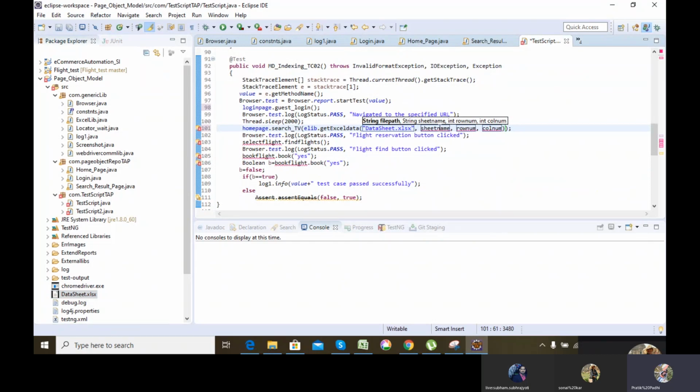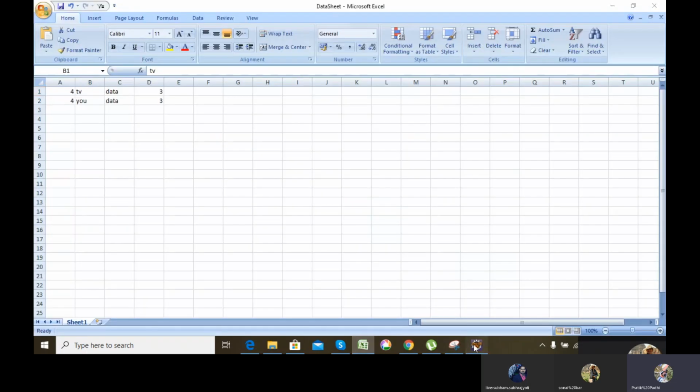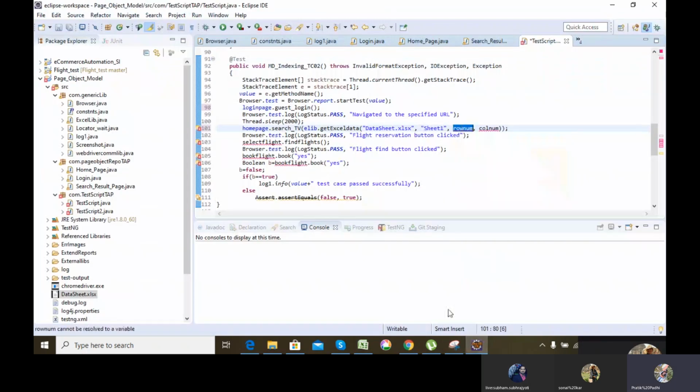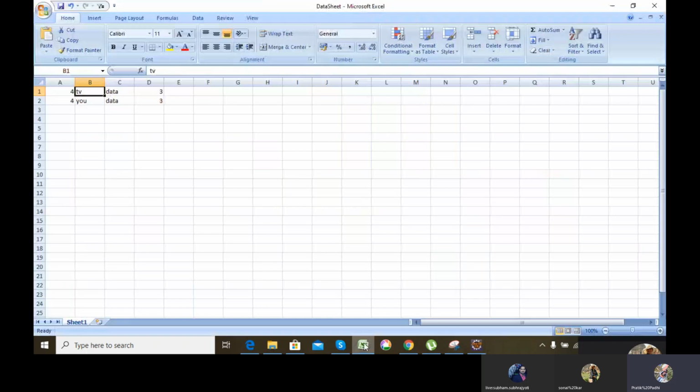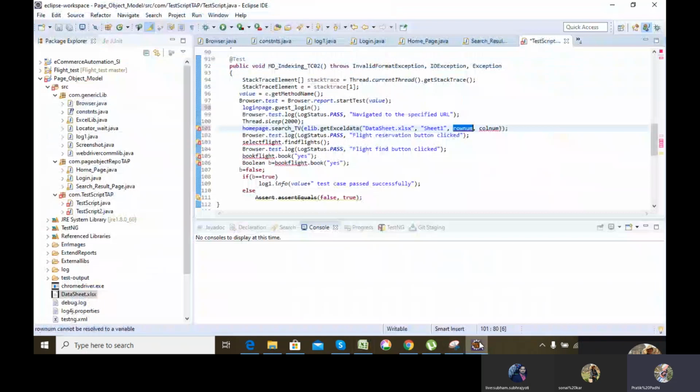Okay, sheet name keyword, Sheet 1, then the row number you give as 0, and column number 1, 0 1. Okay, now just close it out.